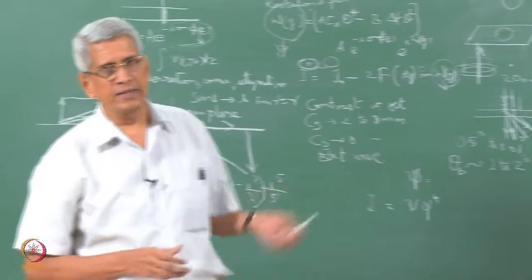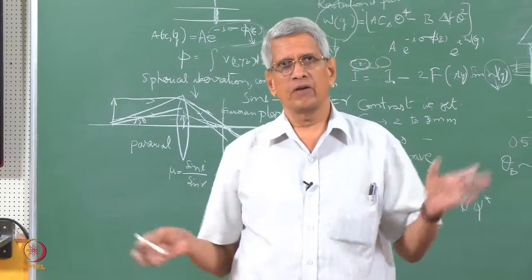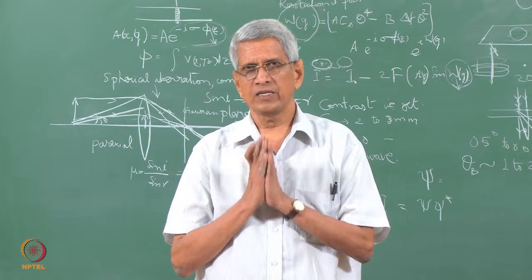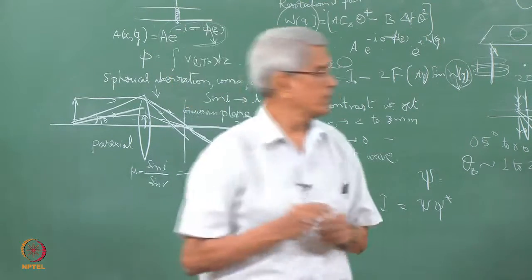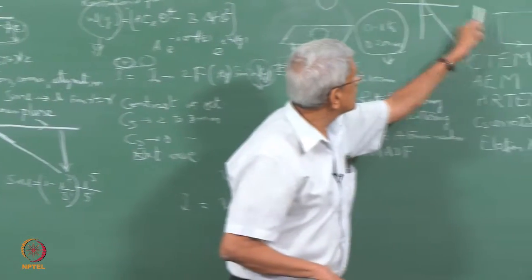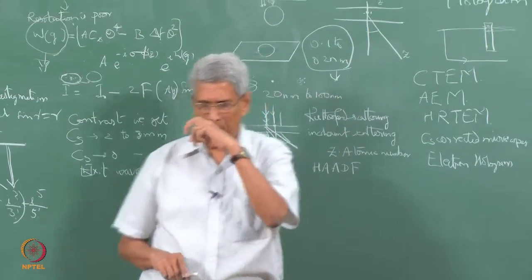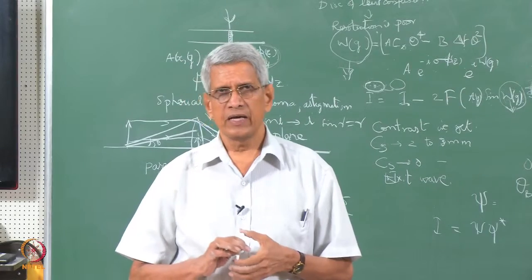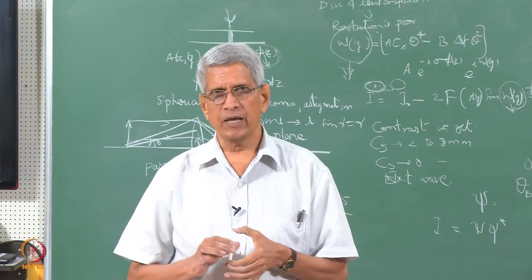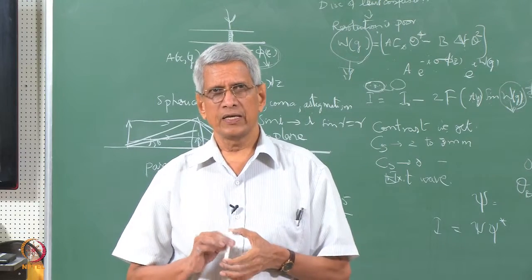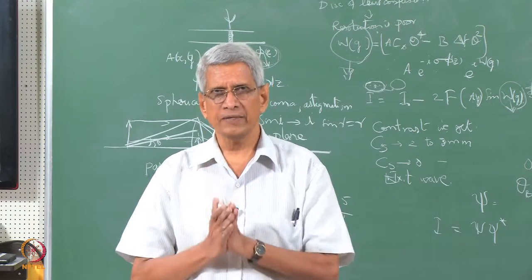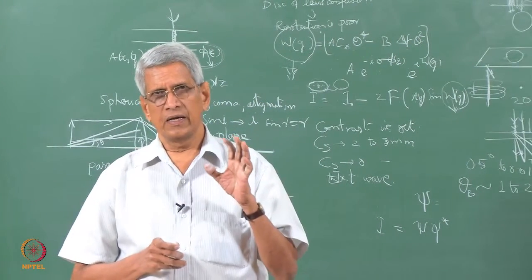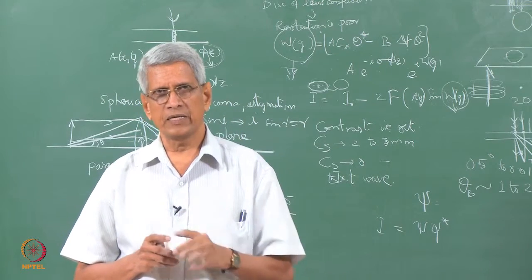Other than that, the recent development in the last maybe 5 to 10 years is what is called a pulsed electron microscope. Because what happens in all these microscopes, the electron beam is continuously falling on that sample surface, and as the beam passes through, many of these samples are electron sensitive, and the high energy electron beam can damage the sample, especially in biological samples. In such cases, by the time we examine that sample and image, the information which we are getting is about the sample which has already been damaged.